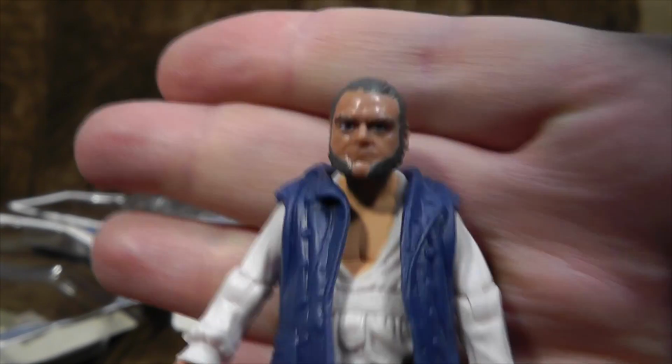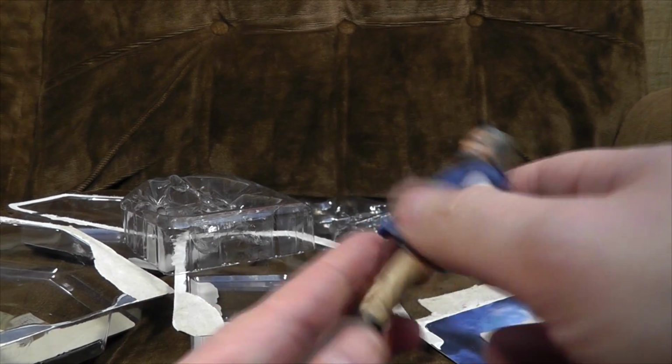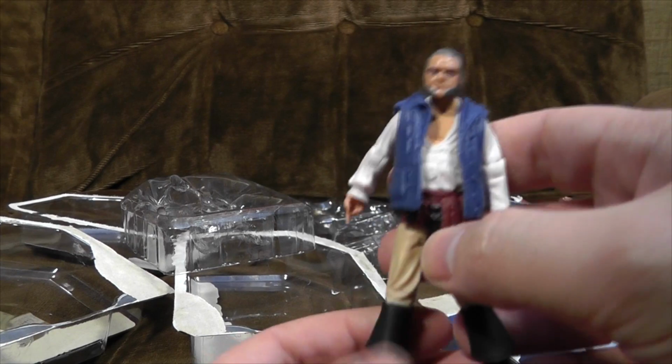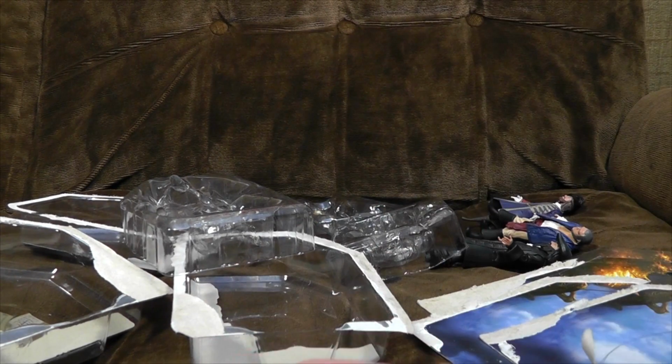But that's a bloody good likeness of him, I must say. And again, low paint apps, but the different colours kind of work with the different bits of plastic. It's good. I like these figures. I'm not entirely sure I wanted to pay, like...